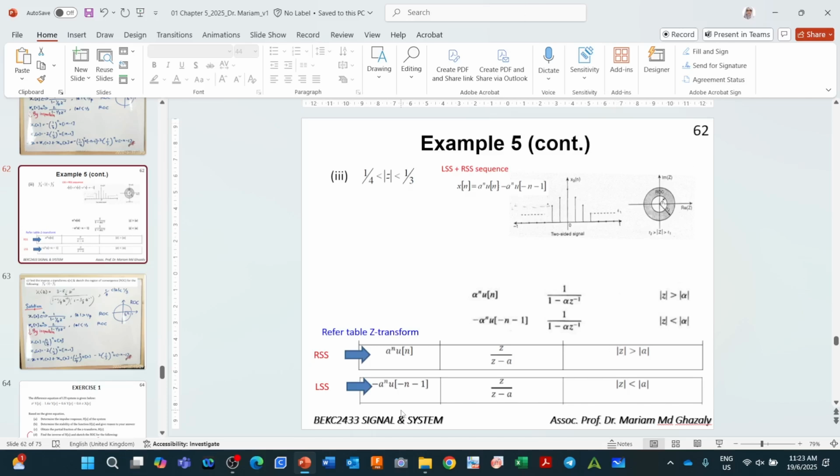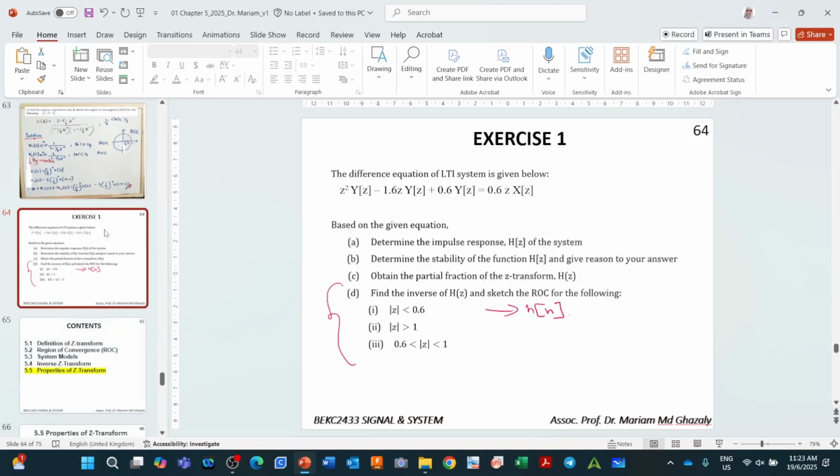Okay, looks like some table here. Who sits here? Only their notes over there. Okay, so